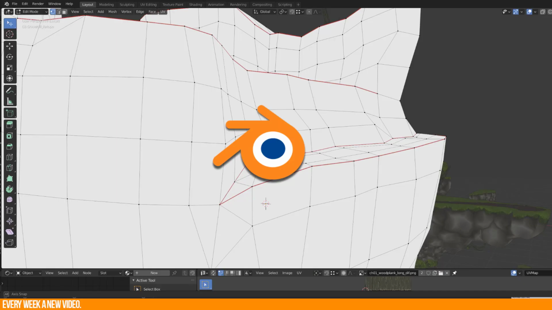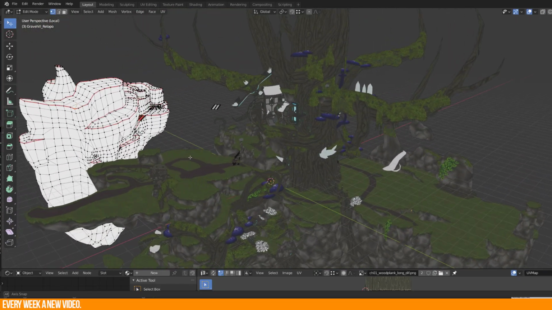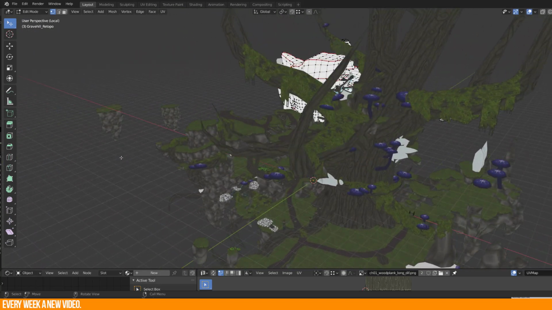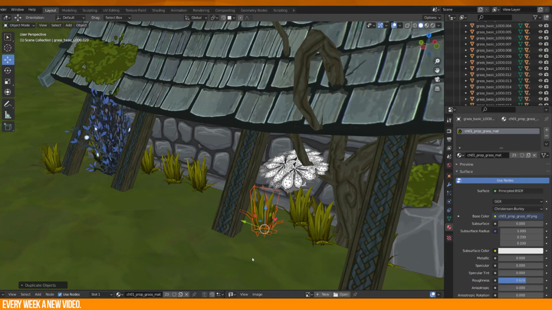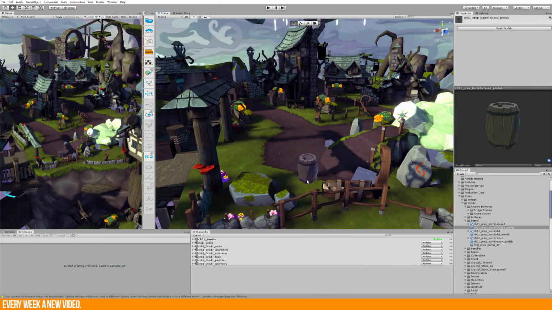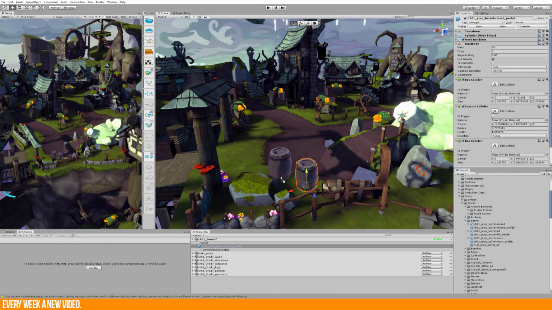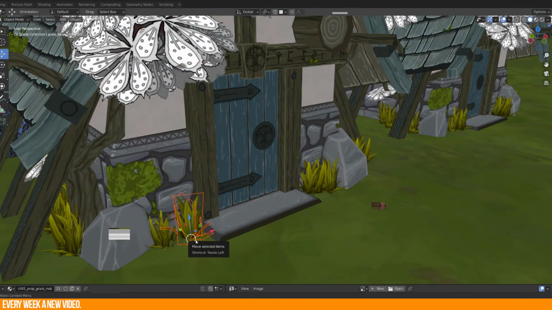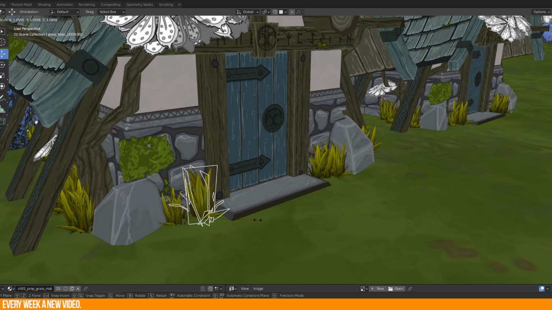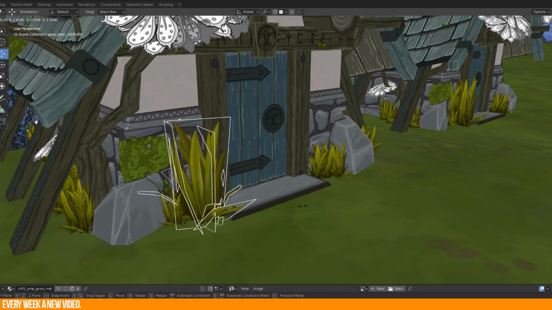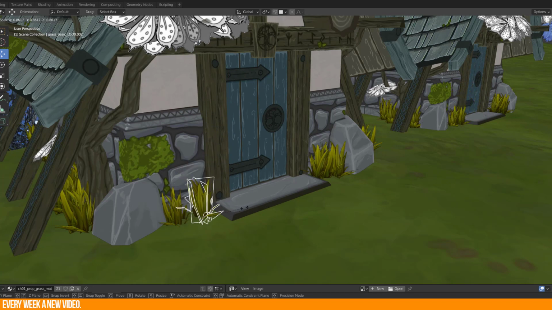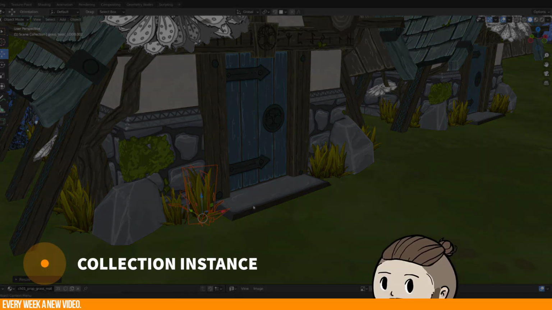You can do a lot with Blender. Maybe you are laying out a scene, for example level design. For this you need to place multiple identical meshes within the scene, like props. So I was wondering if Blender has a concept of a prefab where you have multiple instances of one or multiple objects. The main thing should be, if you modify the main object, all of the other instances will be similarly updated. So it shouldn't be just a duplicate. And the answer is yes. It is called collection instances.